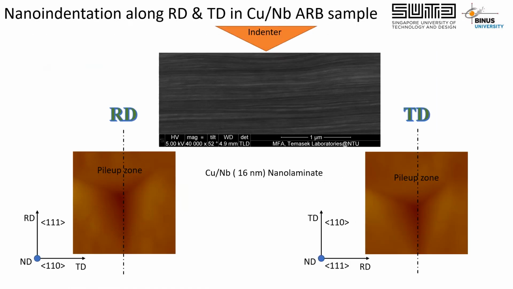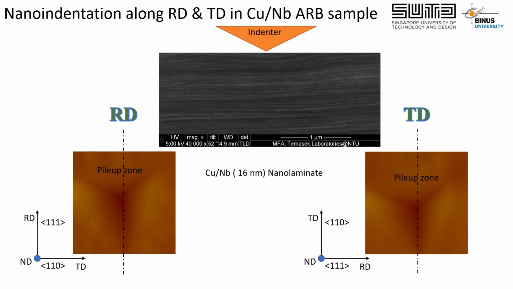Okay, and that forms our hypothesis. Our hypothesis is that if we have a deformation that is along RD and then along TD, we should see very different properties or very different output or result. So we plan to do nanoindentation with a Berkovich indenter such that one of the main